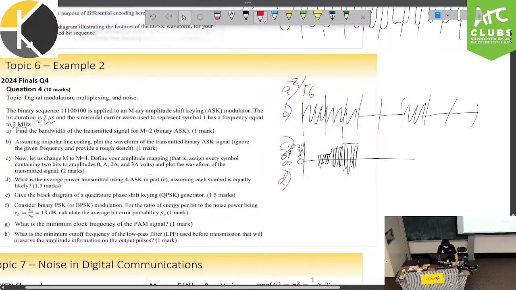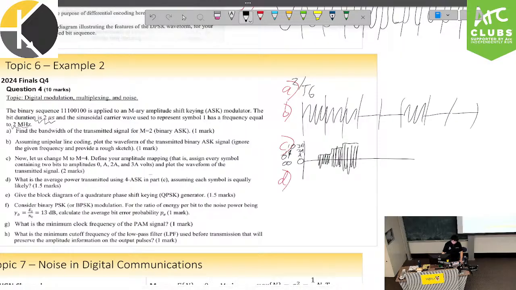So we have question D. What is the average power transmitted using 4 ASK? The concept we're going to use here is a little bit of probability. We don't know the most about this system, so we're going to assume that every symbol has an equal probability of appearing, from the 0th level to the 3rd level. So we say that the P average is going to be the average of our average powers, right? So 1 on 4 times the sum of P i, i equals 1 up to 4,